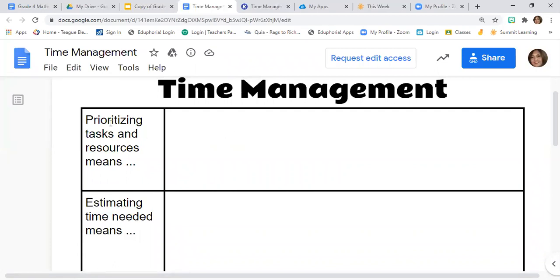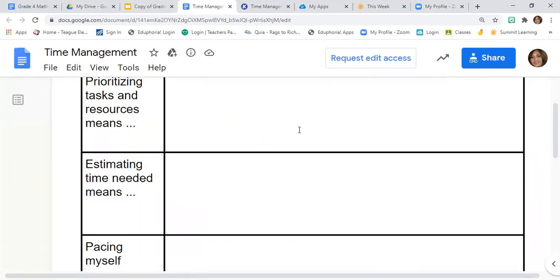For example, in number 1, it says prioritizing tasks and resources. I want you to write in here when you open it in Google Classroom: what is the task that you really want to work on? Remember, to achieve the goal that you set under math. Estimating time needed means